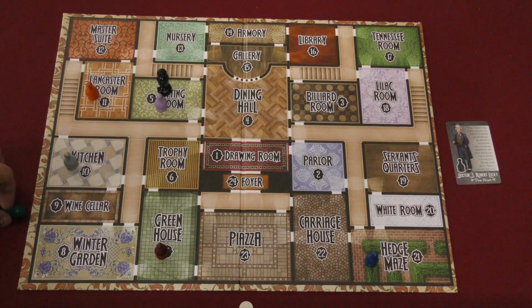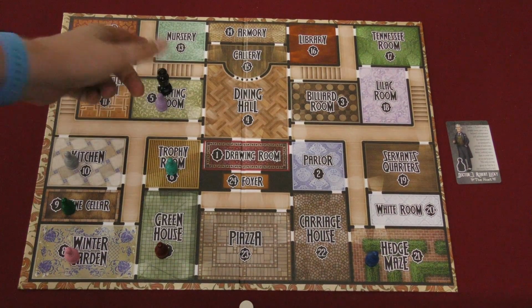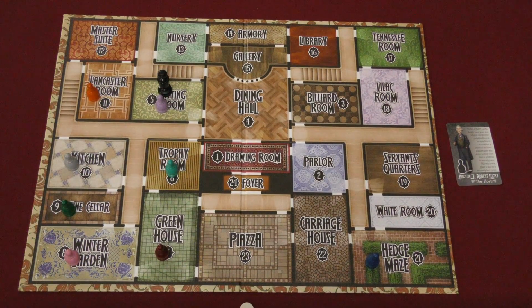And then it's Dr. Lucky's move, and it's the next person's turn. This will continue until eventually someone will kill Dr. Lucky. It's possible to run through the whole deck, then lights are out, and Dr. Lucky